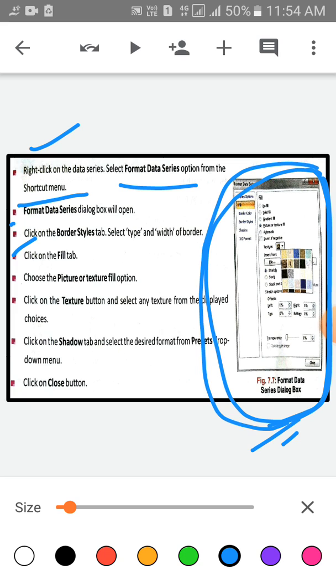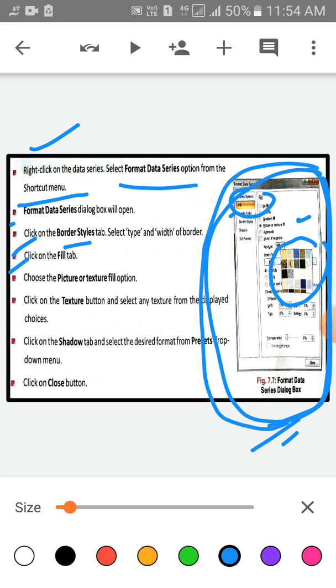Children, then click on the border style tab. Select the type and width of the border and then click on the fill tab. Choose the picture and text fill option, then click on the texture.